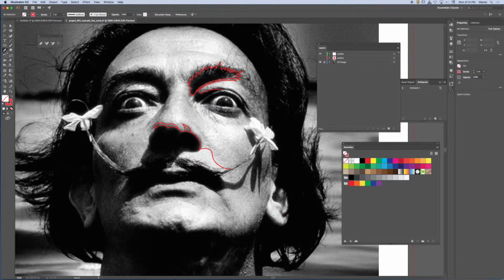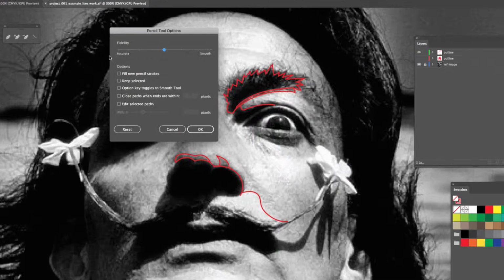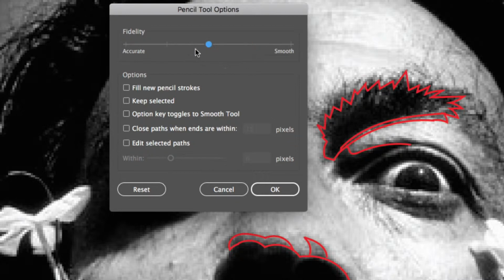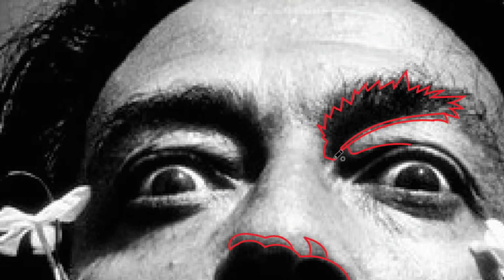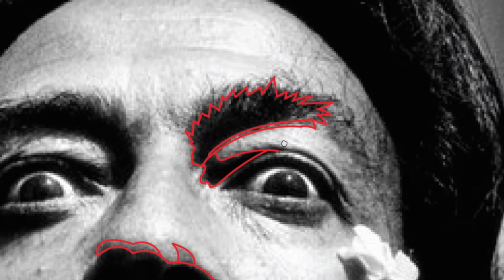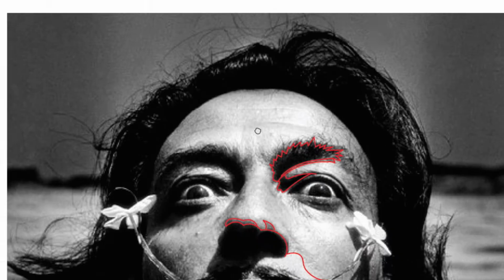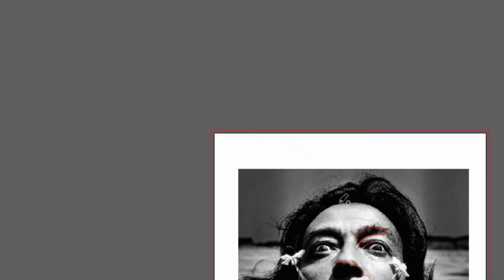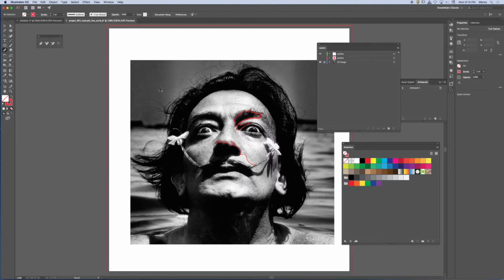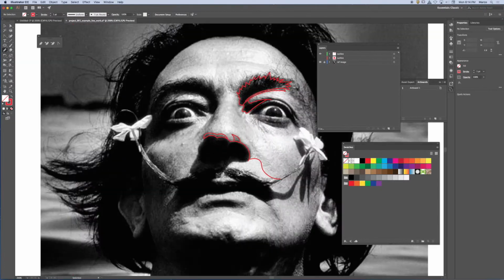So I'm just capturing the edges. Ooh, I don't like the way that turned out. Let me make this more accurate. So I'm going from here to here, making it more accurate. All right, let me try to draw that again. Okay, that's better. So my goal here is to look for all the value changes in the portrait